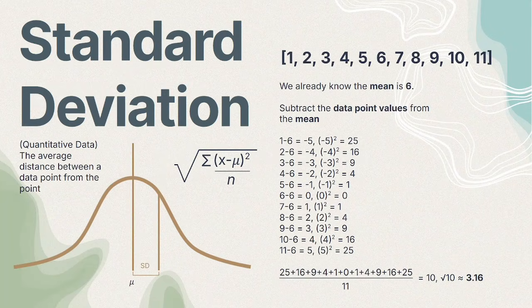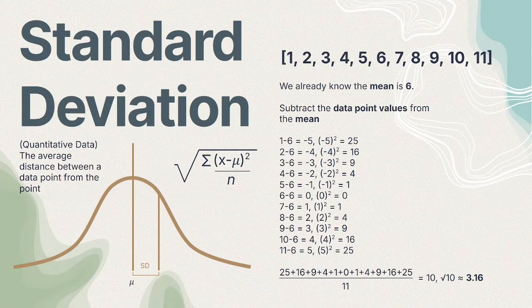And what about standard deviation? Imagine two classrooms, both with an average test score of 80. In the first classroom, almost everyone scored between 78 and 82. In the second classroom, some students scored 40 while others scored 100. Even though both classes have the same average, the second class has much more variation. Standard deviation measures exactly that spread.